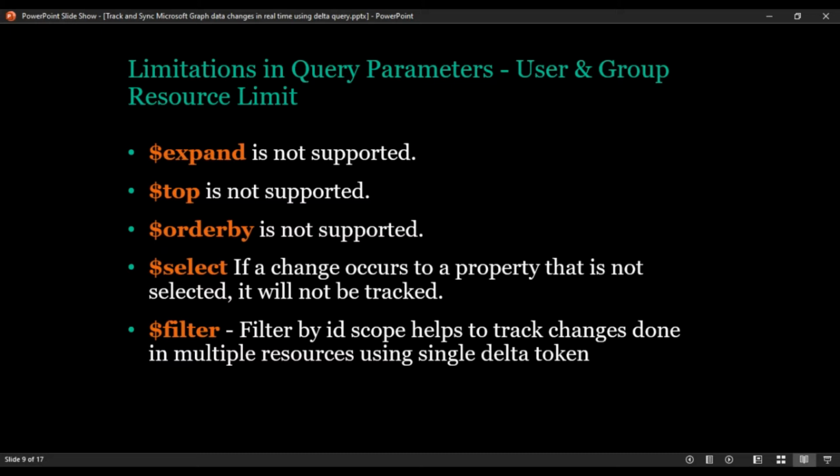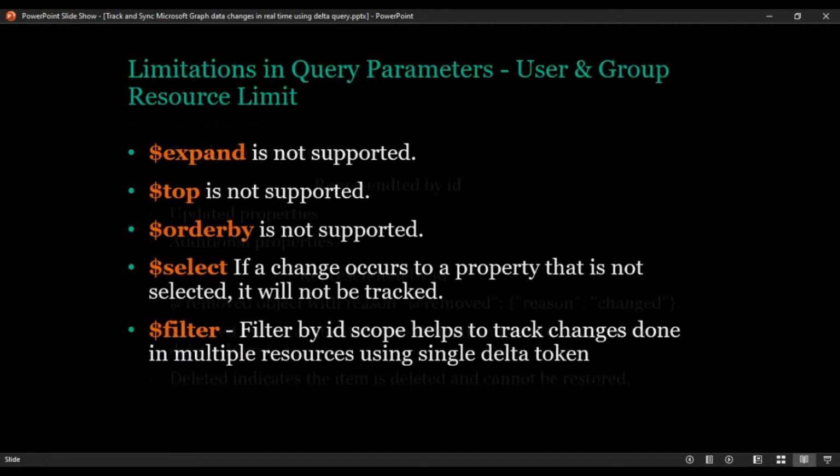Suppose we are crawling the entire group resource, obviously in your delta token you will get the updates for all the groups. But if you are able to scope the limit to only specific groups, like only two groups in the filter, then in your following delta token you should be able to get the updates only for those two groups. That's one power of these params.